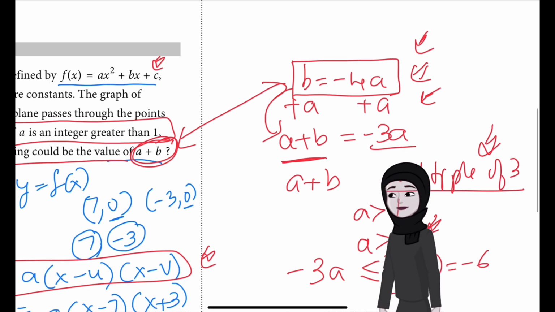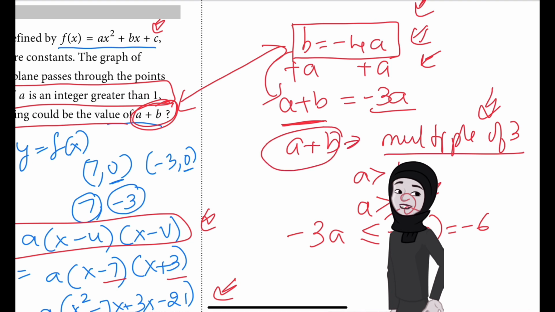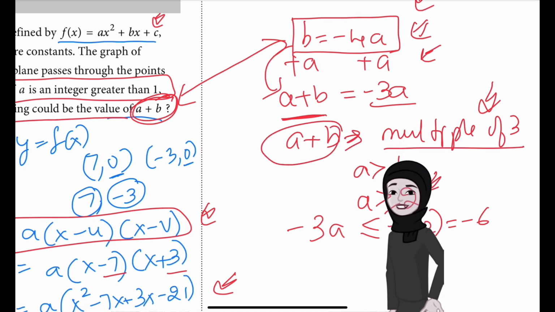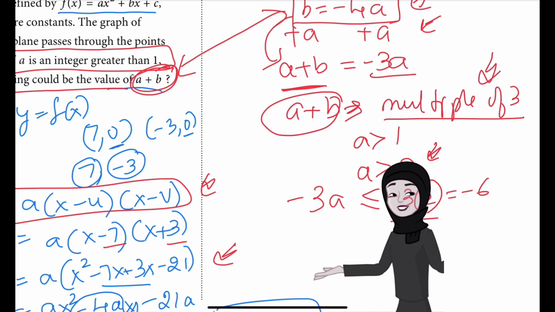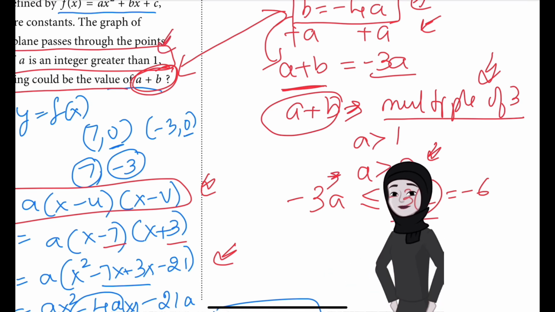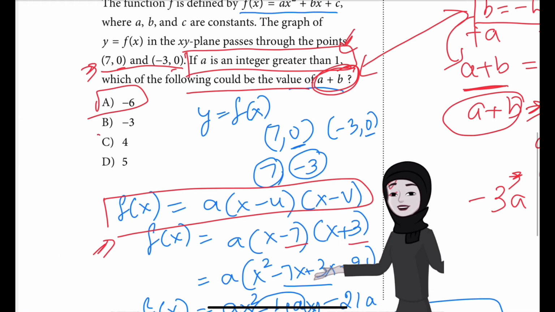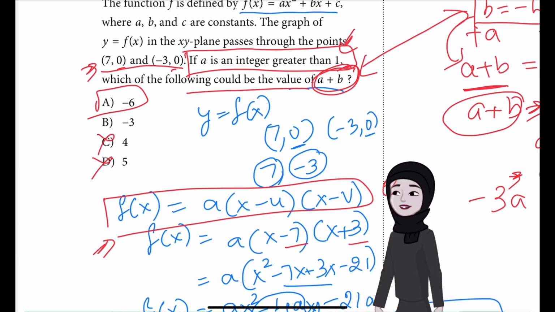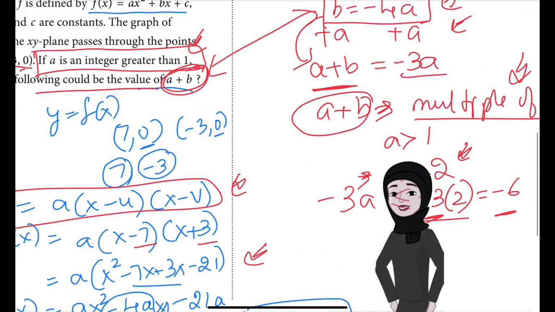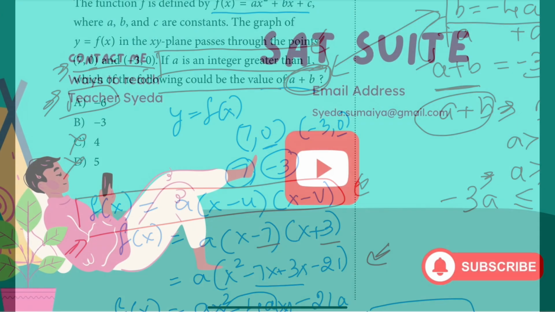So we got minus 3a, which means that a plus b is equal to minus 3a, so the value of a plus b is definitely a multiple of 3. Another thing they have said is that a is an integer greater than 1. Therefore, we started taking the value to be greater than or equal to 2. If we multiply any such value of a with minus 3, we will start getting negative values. So it cannot be 4 or 5. We cannot have C or D as the answer at all. And since a is greater than 1, we have to go with answer choice A only. So I hope that's